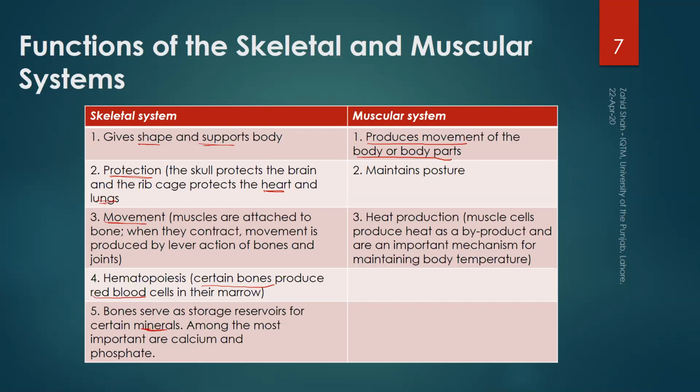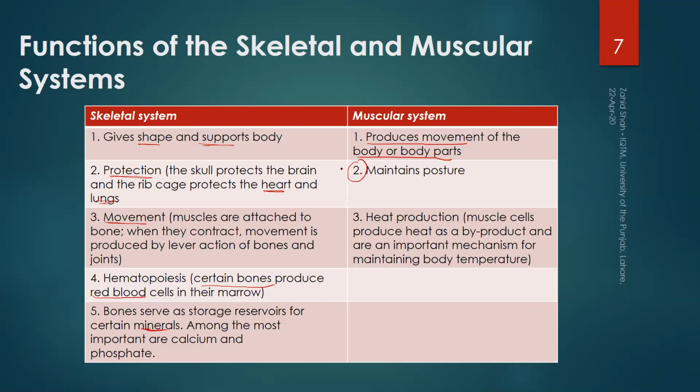The bones are tied up together. The degree of freedom is controlled with the help of ligaments. But the power for the movement is provided by the muscles. So that is the primary function. And they provide the power, so they also help not only in movement but also in maintaining posture.